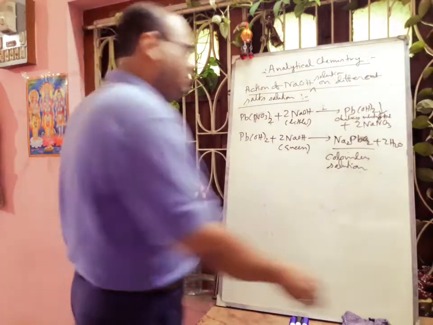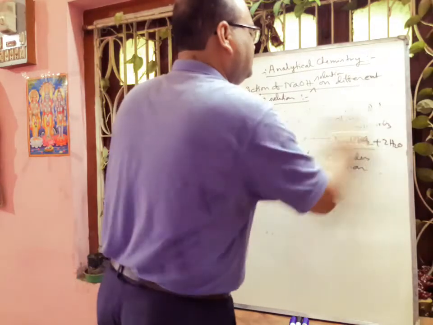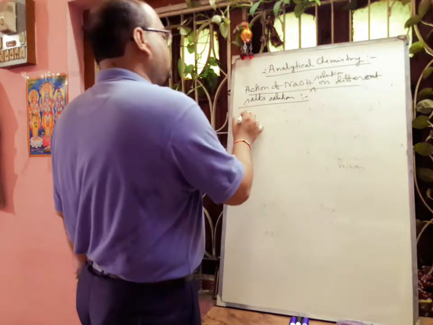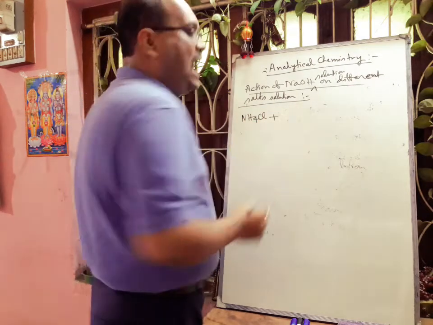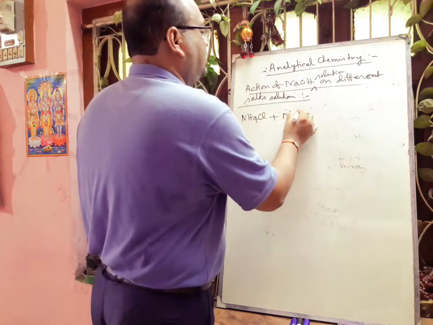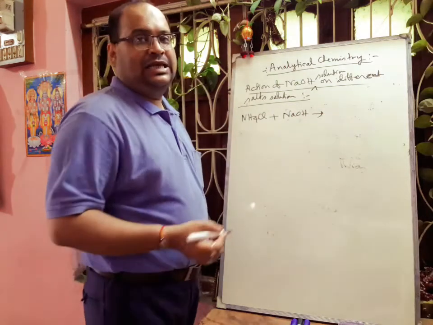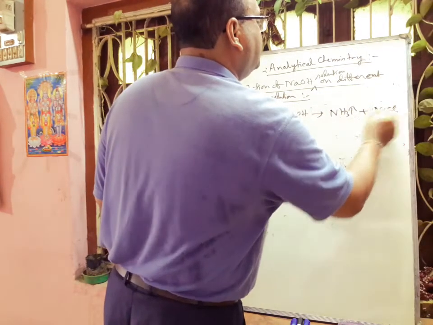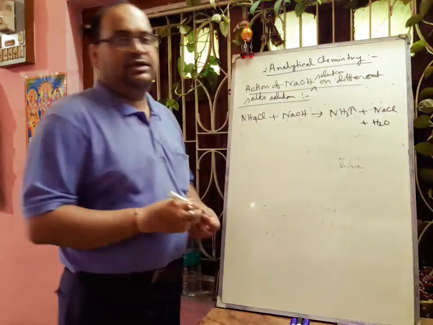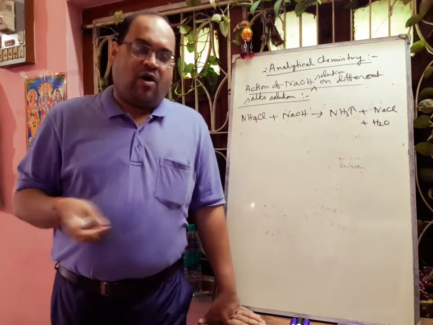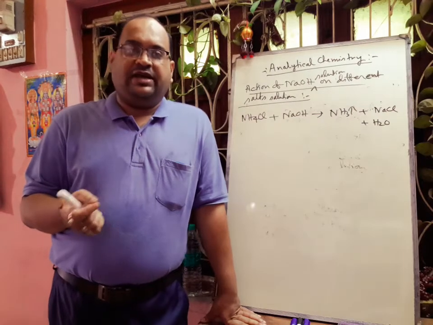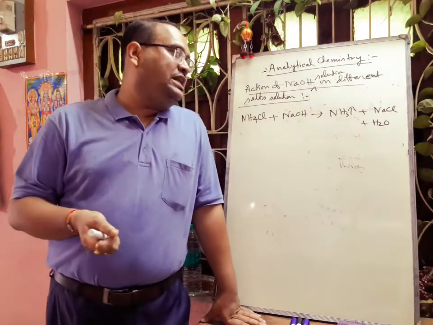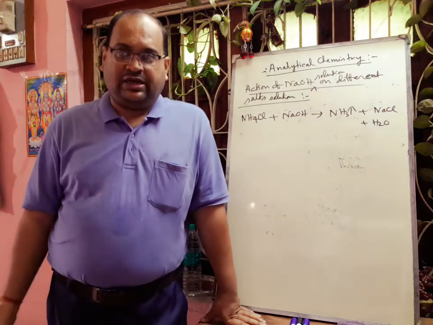And another salt we can take, that is not a metal salt but an ammonium salt, NH4Cl. Here if we add sodium hydroxide, then what will happen? There will be formation of one gas, that gas is called ammonia gas. How to understand there is formation of ammonia gas? If we take copper sulfate moist paper, that will become deep blue, or if we take Nessler reagent solution, that will turn brown. So in this way we can easily identify the ammonia gas.